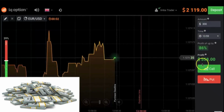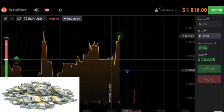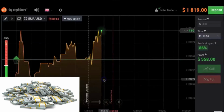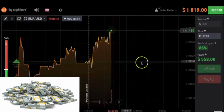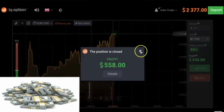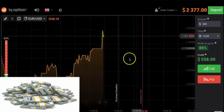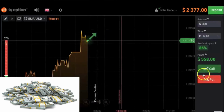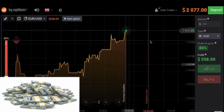Rise bet. So whenever you're ready to start trading on the binary options platform, I suggest you start with the demo account, because there you can trade fake money on the real market until you get more experience, until you feel comfortable, and only after that you can go ahead and proceed with the paid account. And